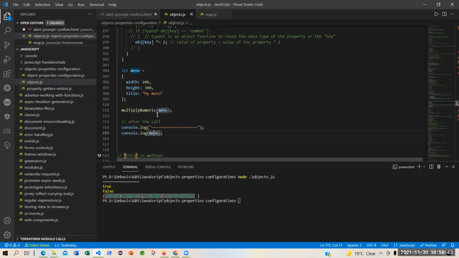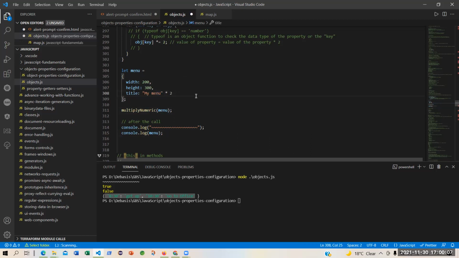I'm actually printing the entire thing. Generally I would print width 200, height 300, sorry, width 400, height 600, and title my menu. That will be the entire object when I print, say, console.log menu. But now I have tried to multiply this with 2.